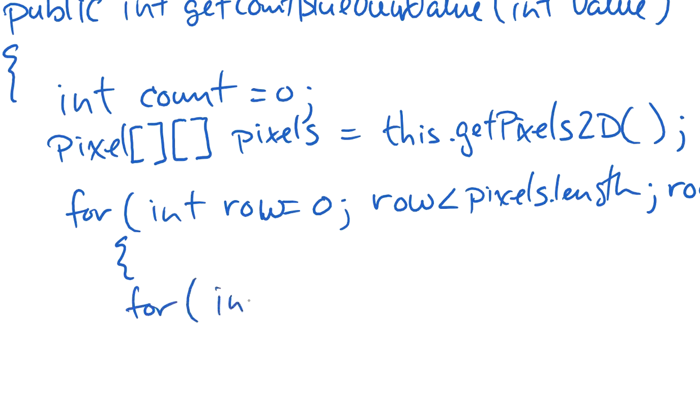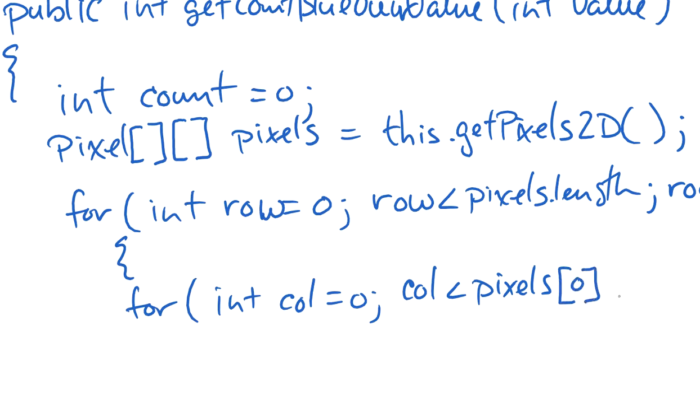So for int column equals 0, and we'll go ahead and say keep going as long as column is less than pixels. And let's pull out that first array from it, the one in the 0th element dot length, and then column plus plus. Okay, so now that we're here, we are in the meat of the